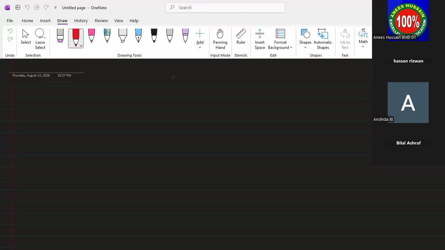Okay, so the topic for today is trigonometry. Now, basically, trigonometry is related to right angle triangles only. Whenever you're talking about trigonometry, basically, you're talking about right angle triangles. So, in right angle triangles,